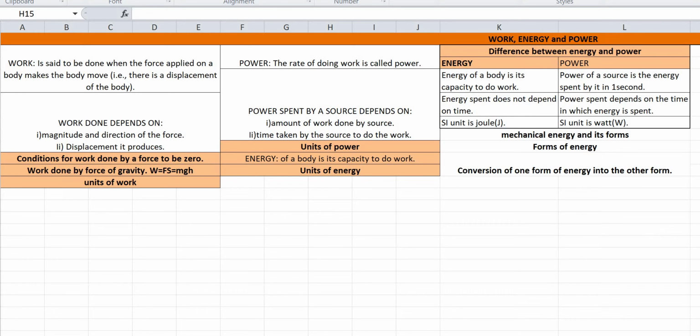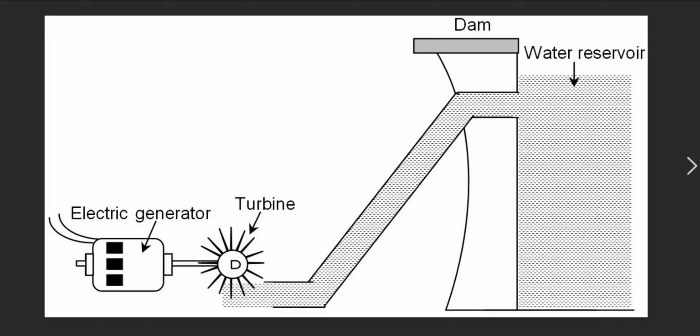Welcome students, let's continue physics chapter 2, 10th standard ICSE, energy sources and production of electricity. So we have different ways of producing electricity. So one way is by